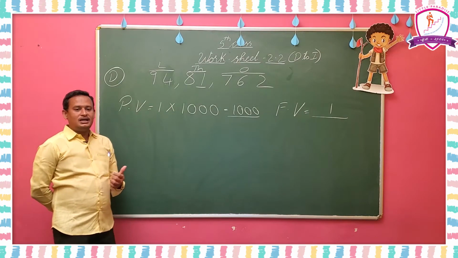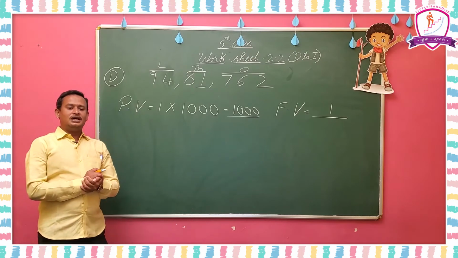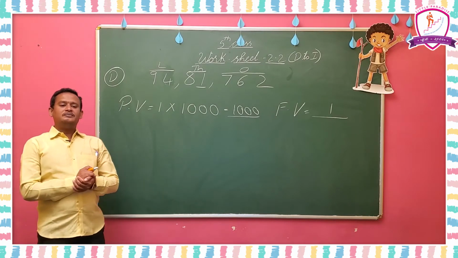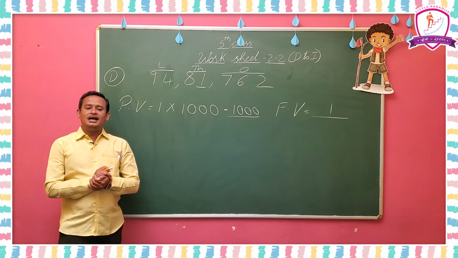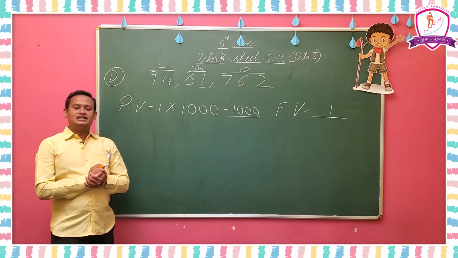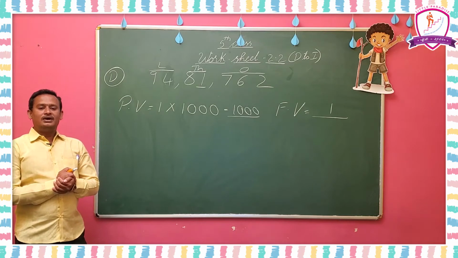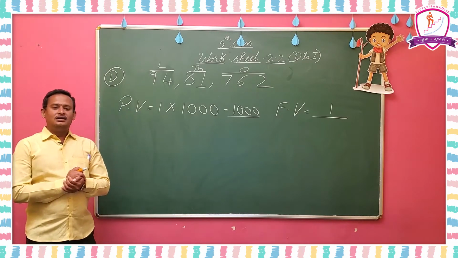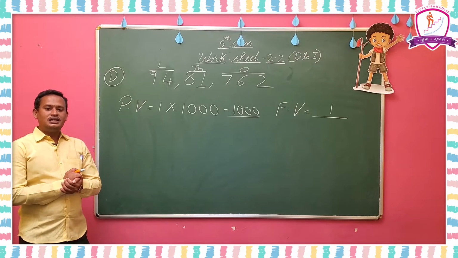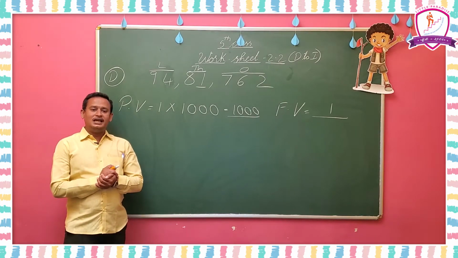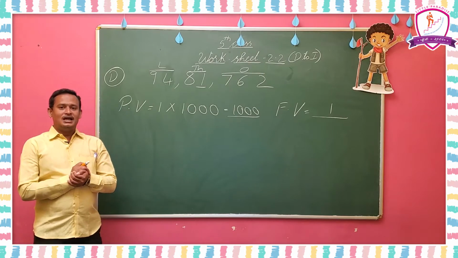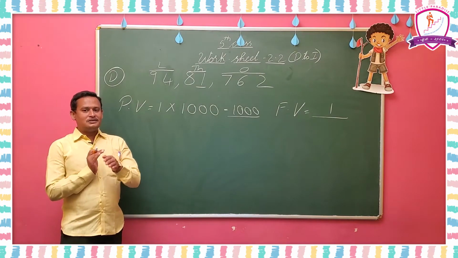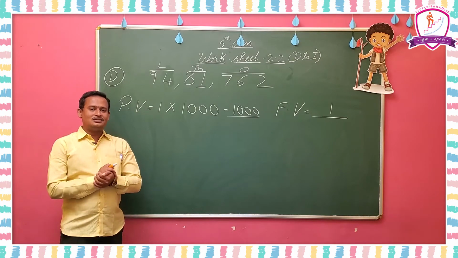And coming to the E sum: find the place value of the underlined digit in 3,66,245. In this, which place is underlined? You can see in your book that 6 is underlined. Here 66,000 is there. Both 6s are in the thousands and 10,000 places: in the thousands place 6 is there, and in the 10,000 place also 6 is there.